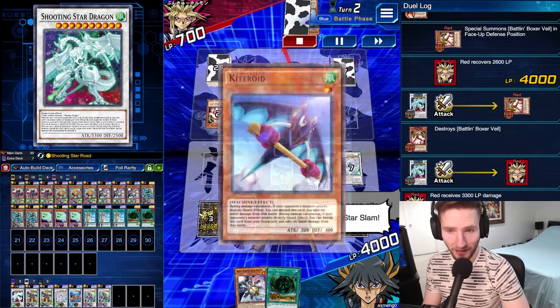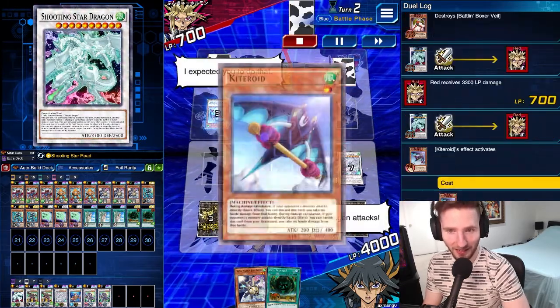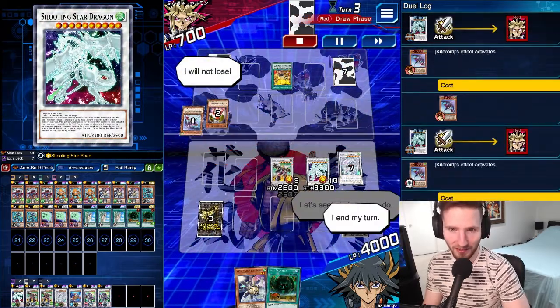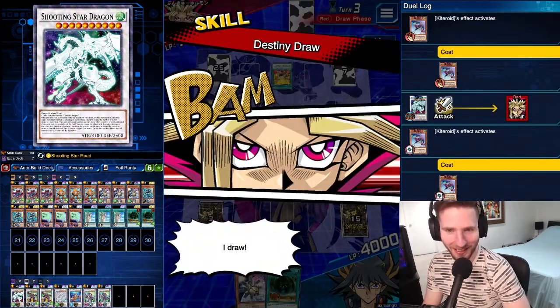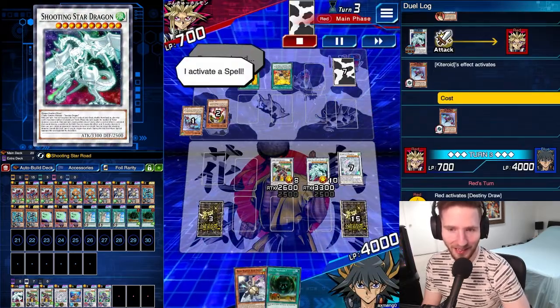D-Draw and Utopia Ray are both things we have to be worried about now. As they trigger their Quickdraw, we attack directly for 3300, and they tank the last 2 hits we have, basically. If we had excavated 5, we would have had lethal through Veil and Quickdraw. Whatever, I'm not mad, you're mad. The fact that we're just happy that we got through all their hand traps is a nice situation to be